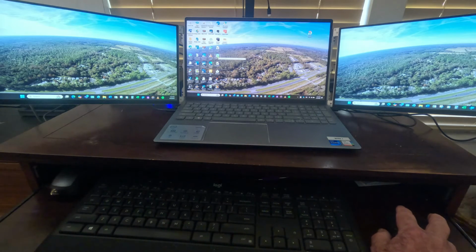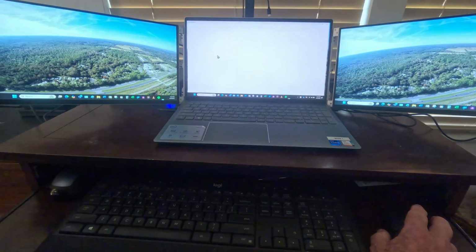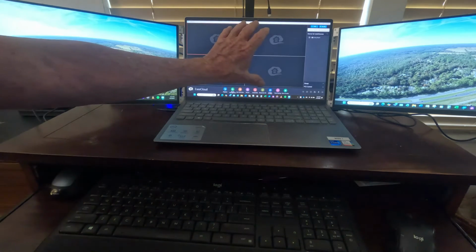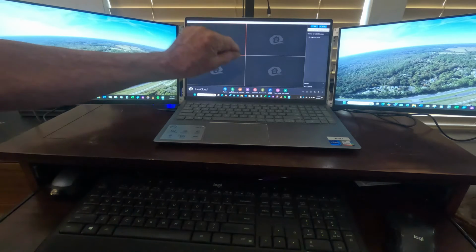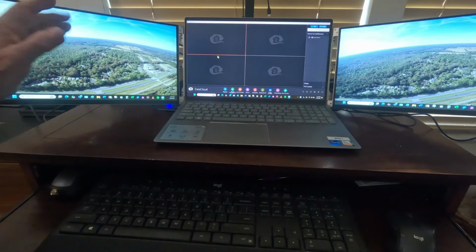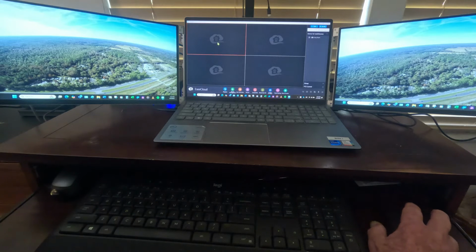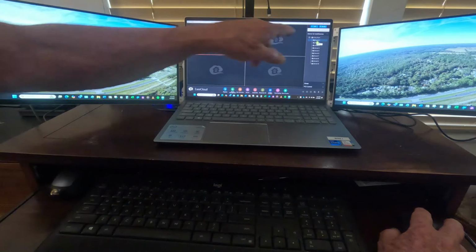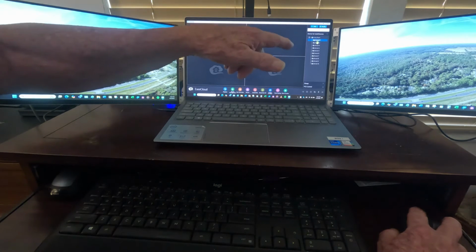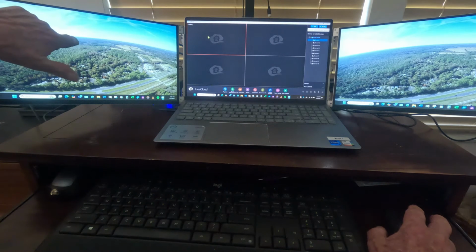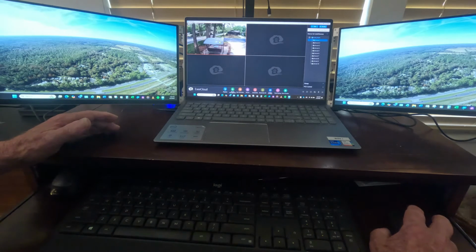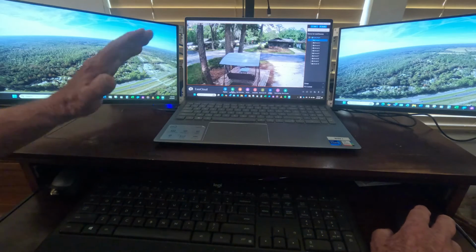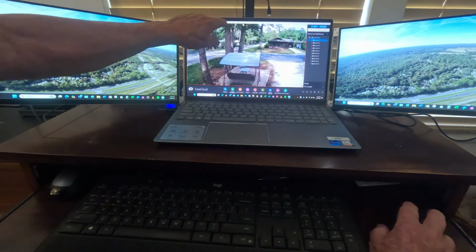Right here is the app for my security system. Double click on it, and the important thing I have to do is always use this screen to pull up a view and then move it to the screen that I want to display it on. Now I come over and I click on device number 1, camera 1, right here. It will load it, and I want to put camera 1 here. As soon as it comes up, I double click on it, it will become large. You can only move it when it's large, because you have to have this band up here to